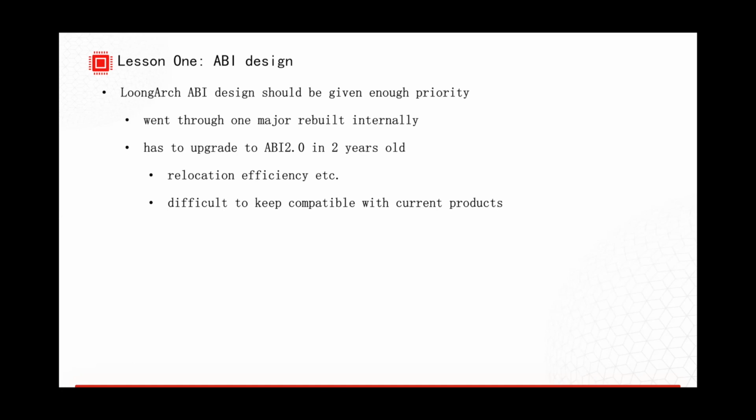This change is very difficult to keep compatible with current products, so it has been a headache for today's commercial products. I think this is a very big lesson we learned.